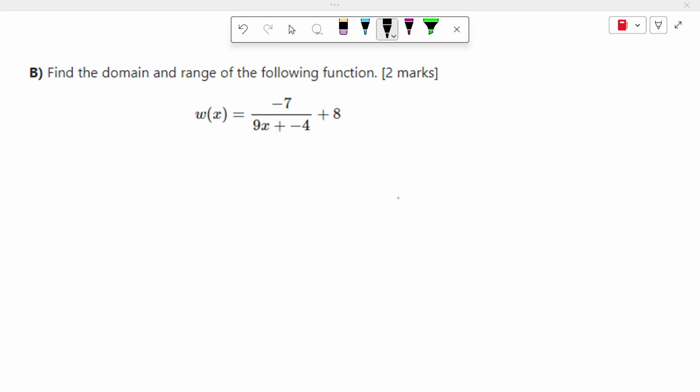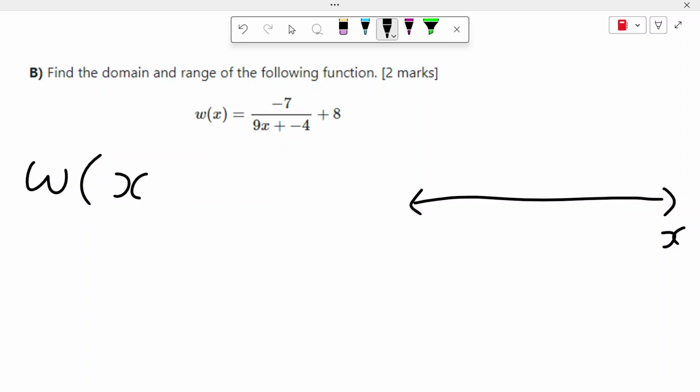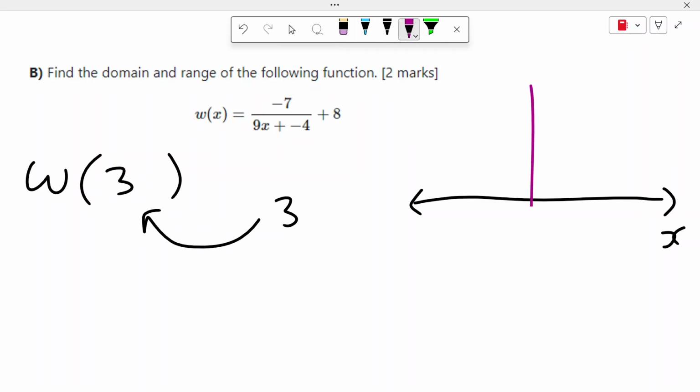We are trying to find the domain and the range of this particular function called w of x. And so just to recap what the domain and range is, we have an input value, which is our x, right? So as you can see, we've got w and the input is the x. We put a number in there like 3. And that comes to an output, which is our y-axis. So how are you going to remember